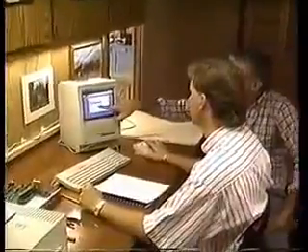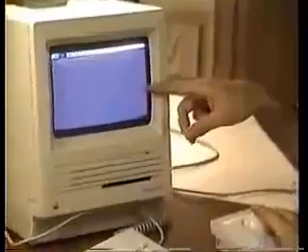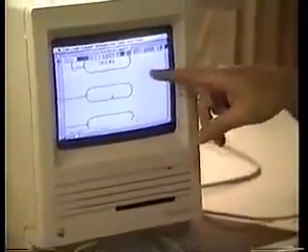Take your cursor down to the diagram that you wanted to work with. Open it up, all right? Then that'll display your